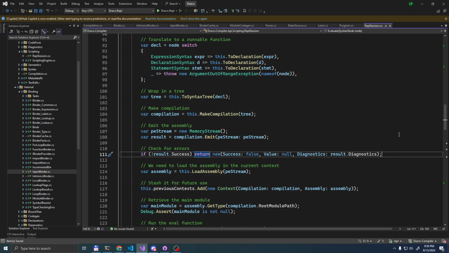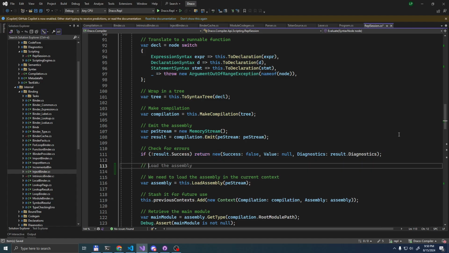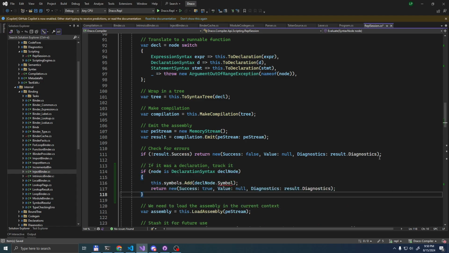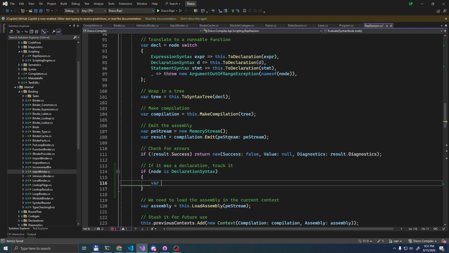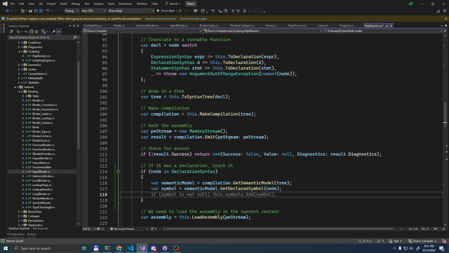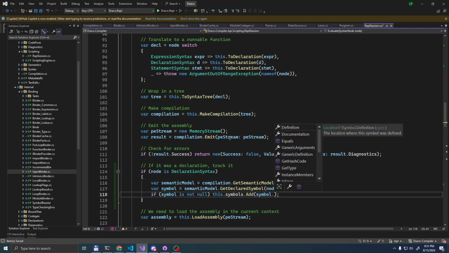So we might want to do that after we are done with the compilation. That should be fine. So how we do that is that if it's a declaration, we ask for the semantic model. And we're going to ask for the declared symbol. And if it's not null, I suppose we can add it.